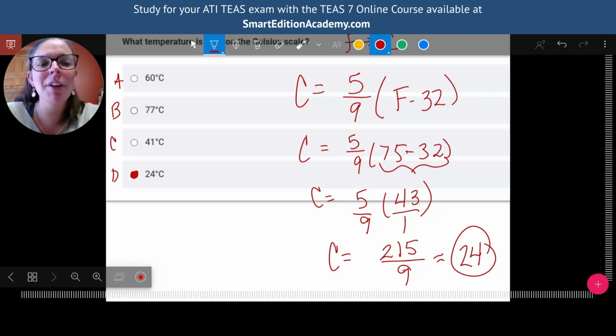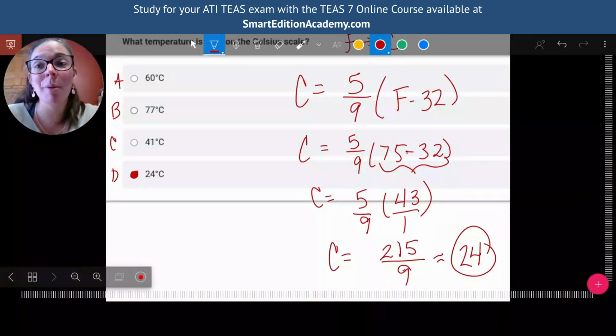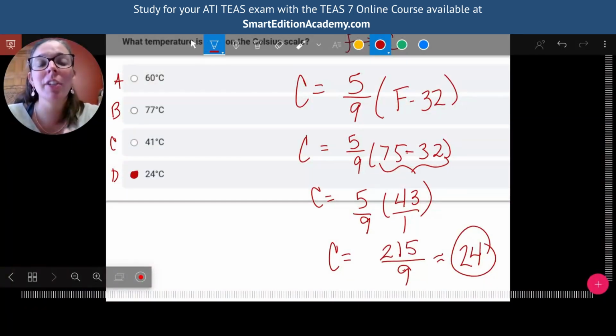So I hope you found this video helpful. A lot of practice problems, unfortunately a lot of things to memorize, but you can do it. You just need to come up with a study strategy that'll help you. And again, the more exposures you have, the easier it is to memorize. So looking at flashcards, writing down conversions, writing down formulas, doing practice questions, all of those are great ways to